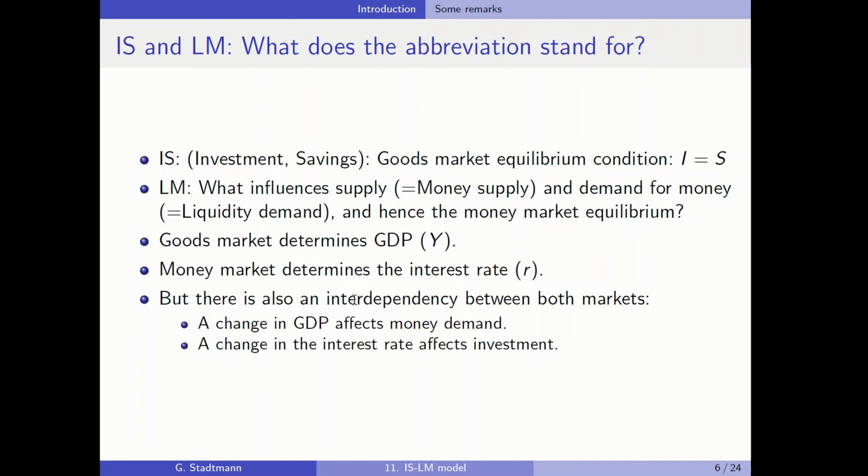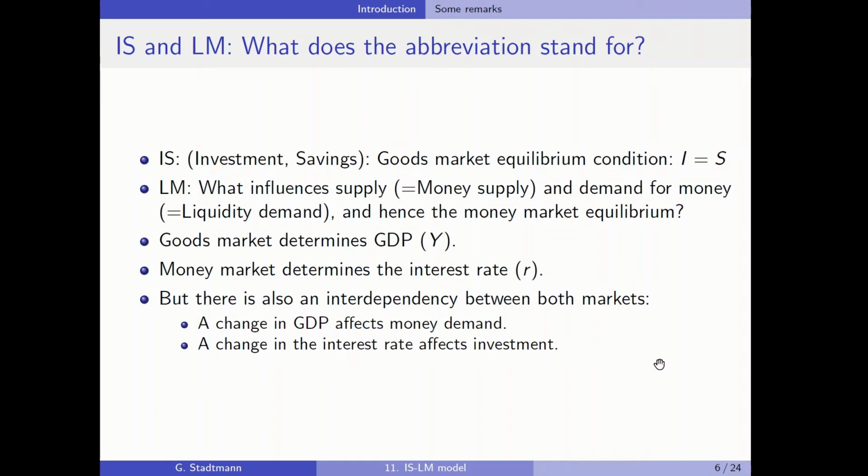And then we are combining IS and LM into one model in order to explain GDP and the interest rate level simultaneously. So with the IS-LM model, we can determine the GDP level on the goods market, and the interest rate level on the money market. But we are not analyzing these two markets in isolation, we are analyzing them simultaneously because there is an